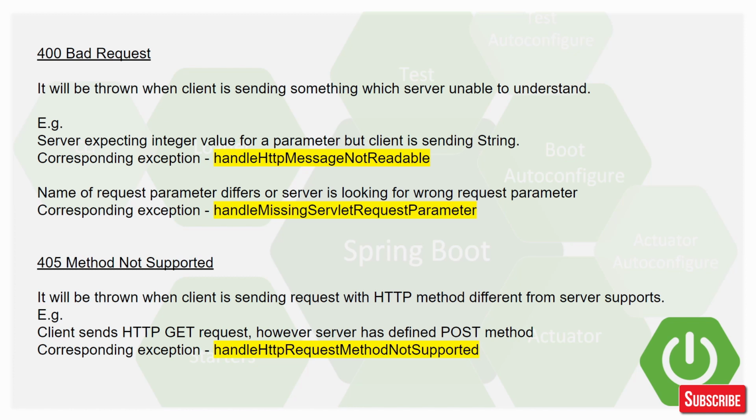So let's say you are sending the request parameter as ABC, but on the server end, someone is accessing that parameter with a name other than ABC, then what is going to happen? The server is going to throw a 400 error. That is a bad request. And the method which is going to trigger is called handleMissingServletRequestParameter. We'll see all this in action in our practical session.